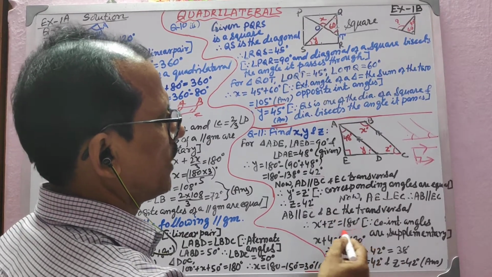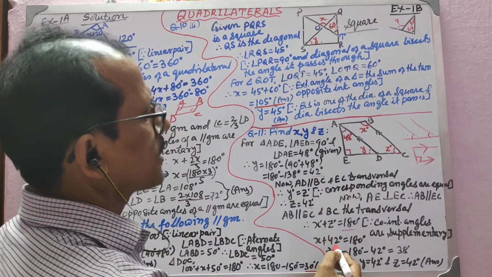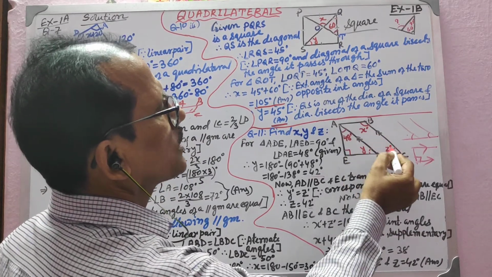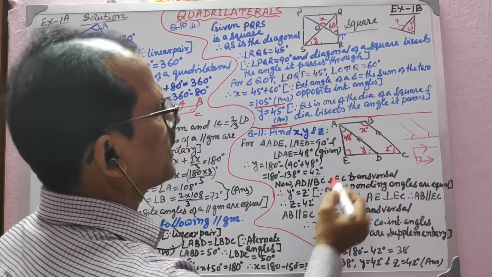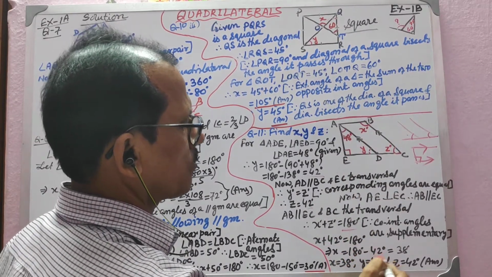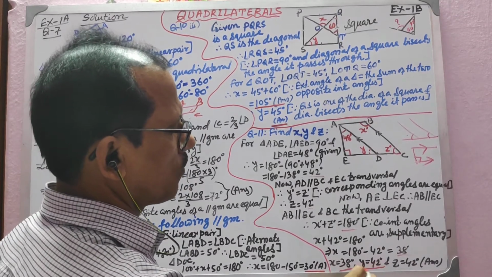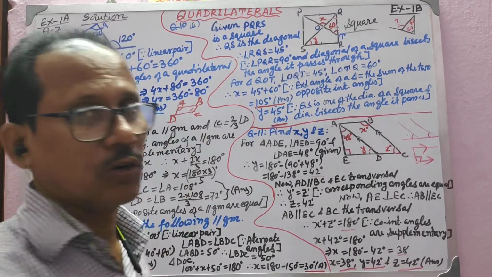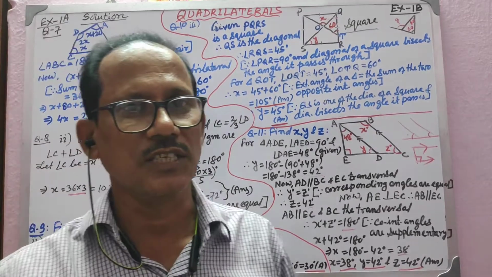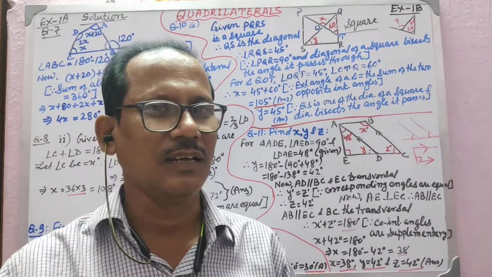x plus z is equal to 180 degrees, because co-interior angles are supplementary. So x plus 42 degrees. z here is 42 degrees, got it already, the y and z values. So x plus 42 is equal to 180 degrees, x is equal to 180 minus 42, that is 138 degrees. Now x is equal to 138 degrees, y is equal to 42 degrees, and z also is equal to 42 degrees. I hope things are easy. You practice, you will be able to understand. You see the video time and again, if any doubt.